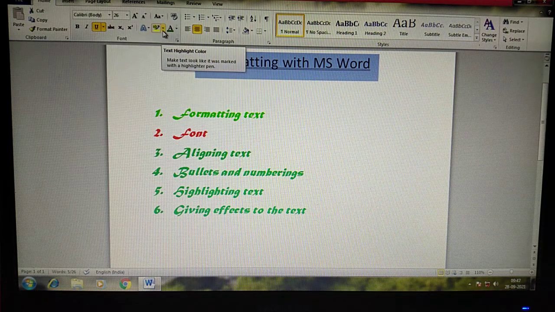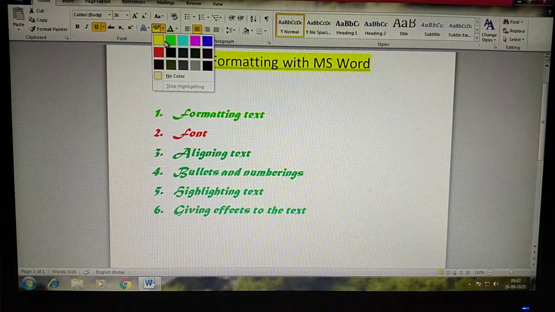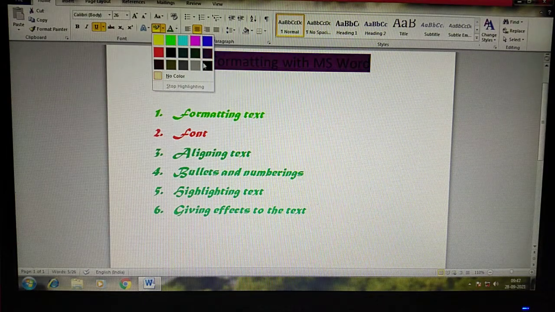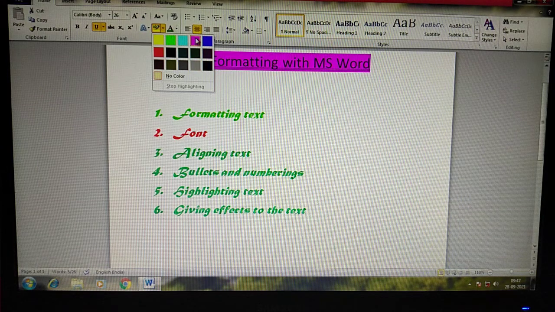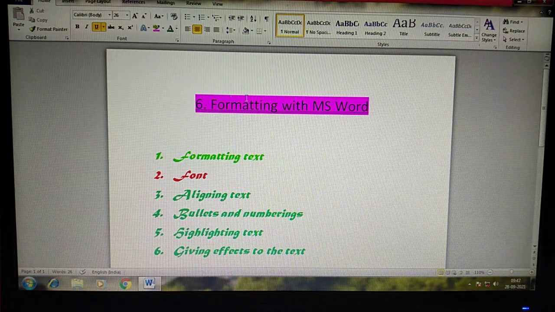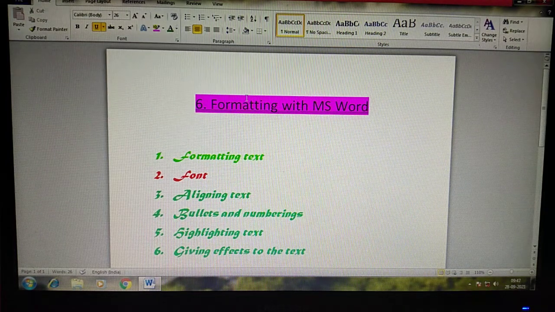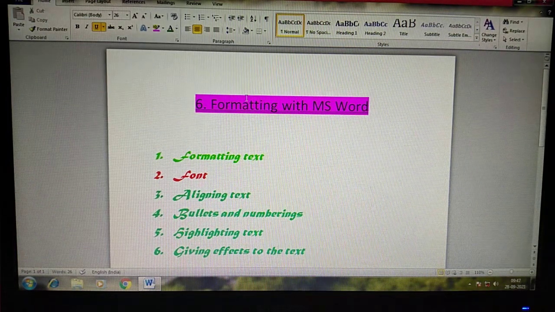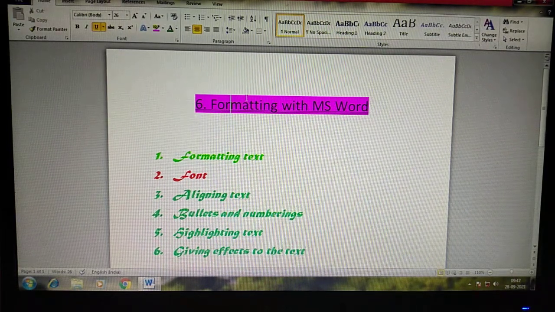In this, click on that downward triangle, then select the color to highlight. Can you see the changes in the document? Yes, this is the method to highlight a text, word or any sentence in our document.